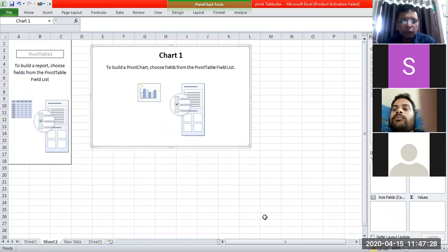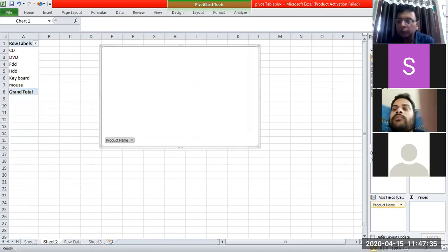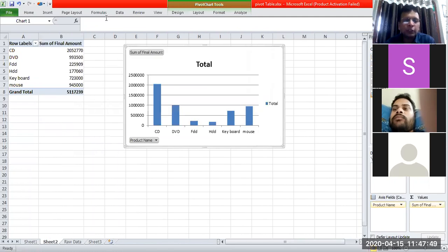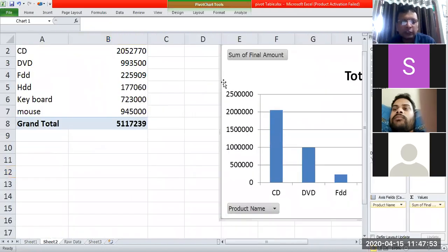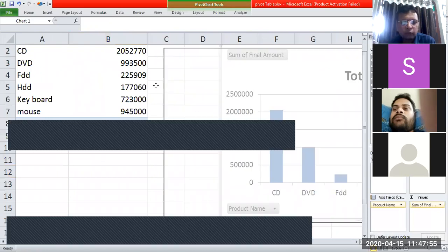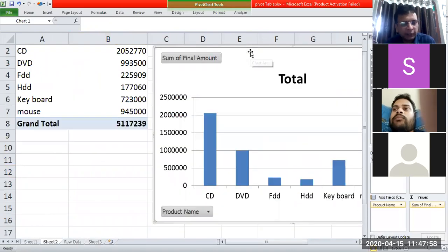For example, I want to have the sales data for products. So I can simply select product name. So the unique names of products will be selected from my raw data. There are only 5-6 products. Which particular aspect do I want to include, whether it is final amount. So it is showing me the data on the left side that, okay, these are the 6 products for which we wanted to create this chart. It has been done, right?